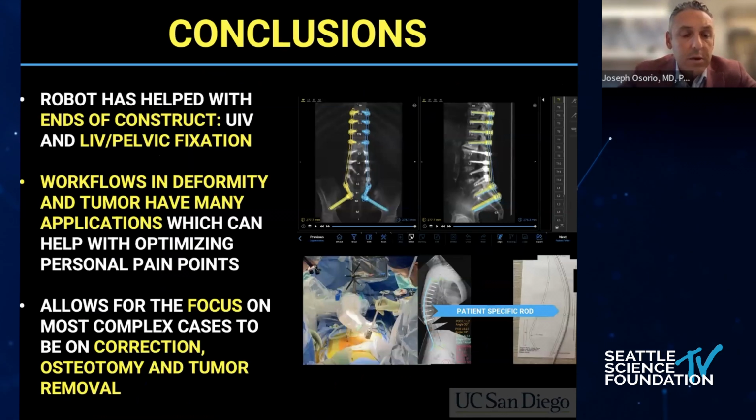In conclusion, I would say that the robot has certainly helped me tremendously, in particular on the ends of the construct. That's why I spent some time on the pelvic fixation. I use that basically for every deformity case. I think about the applications when it comes to tumor and deformity as what are the pain points? What are the workflow areas where the robot can help me? And you can see how I've sort of thought outside of the box when we've talked about the PSO and even localization. And then you can really focus for these cases on the part that is more the crux of